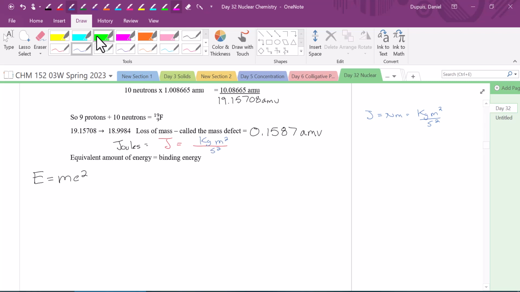The important thing I'm pointing out here is this: whenever we're dealing with energy, our masses have to be in kilograms. In chemistry, we're always in grams, sometimes milligrams. But whenever we're doing energy, we had to do this way back in the light chapter in Chem 1. We had to go to kilograms again. Okay. So right now, my energy is equal to m